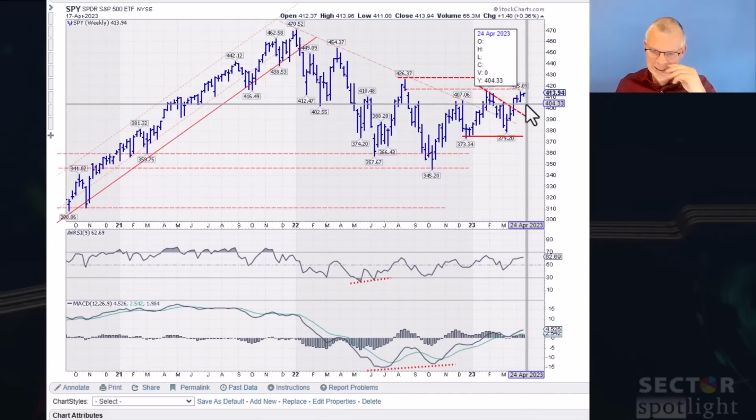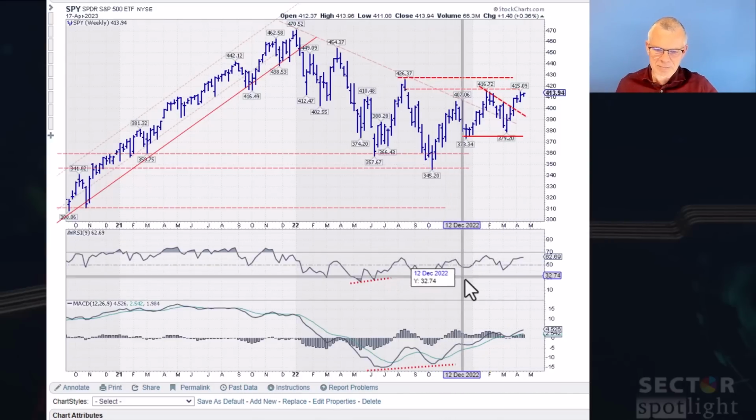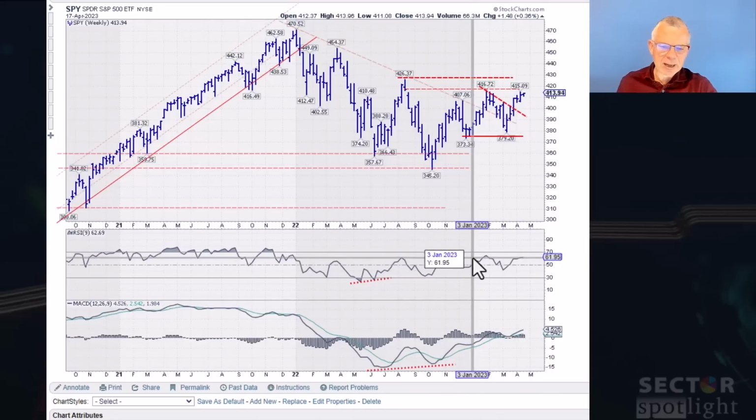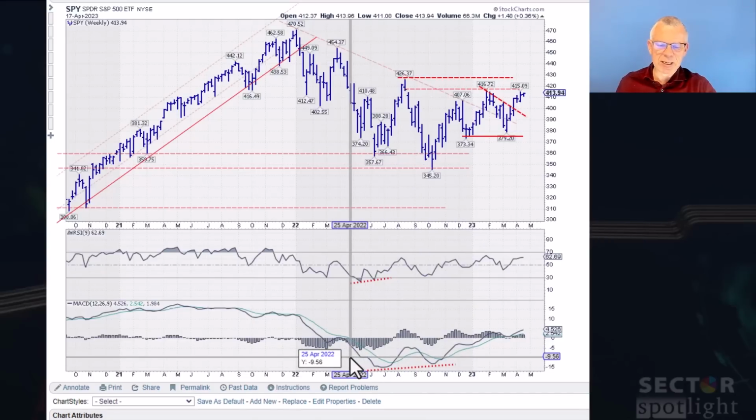weekly chart. Now, if I look at the RSI, that's neutral. That is hovering, meandering around that 50 level. So it's not overbought, it's not oversold, there's no divergence here, which means that the S&P is not restricted in terms of the RSI. What I do like is the fact that the MACD, which has put in a pretty